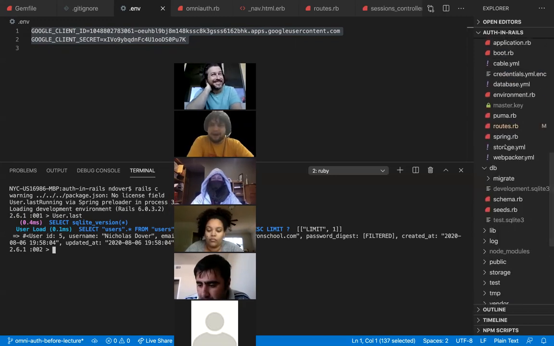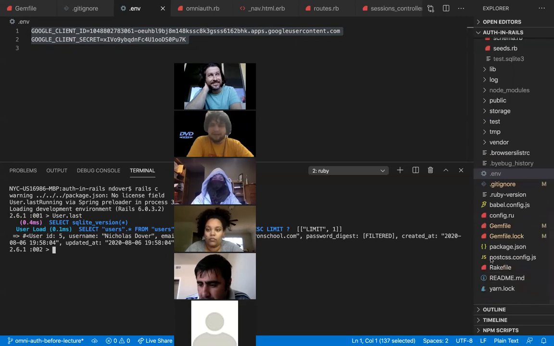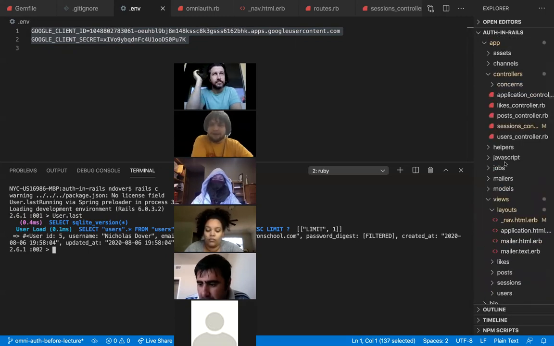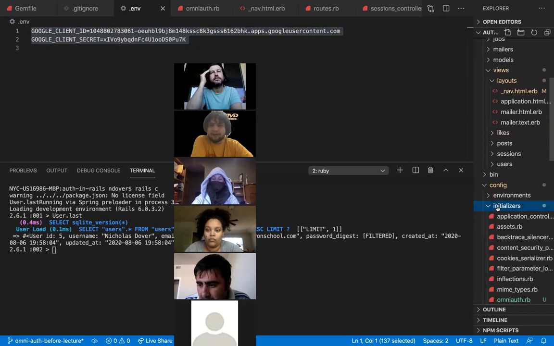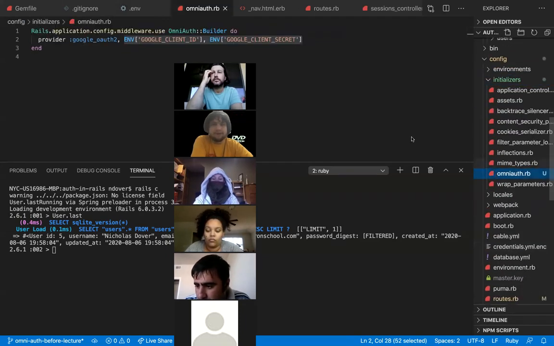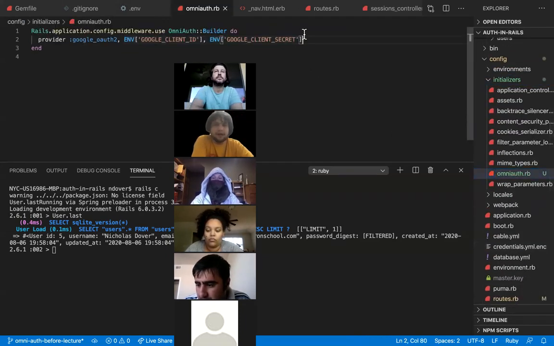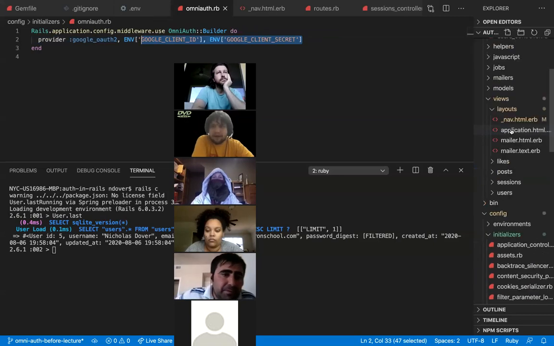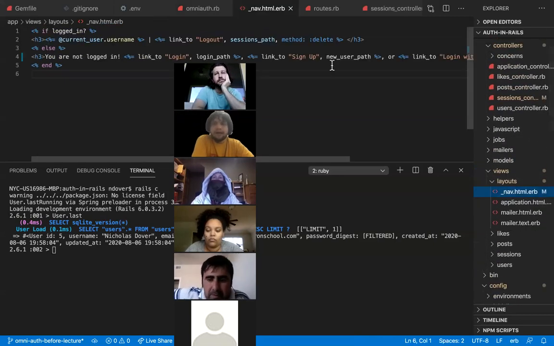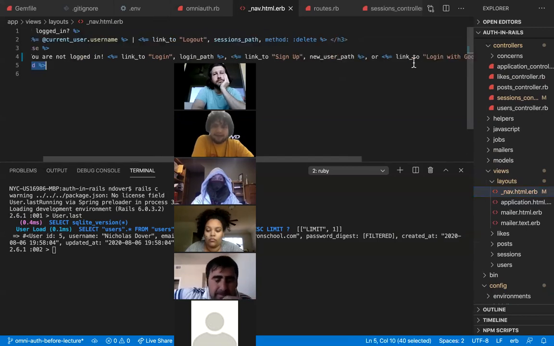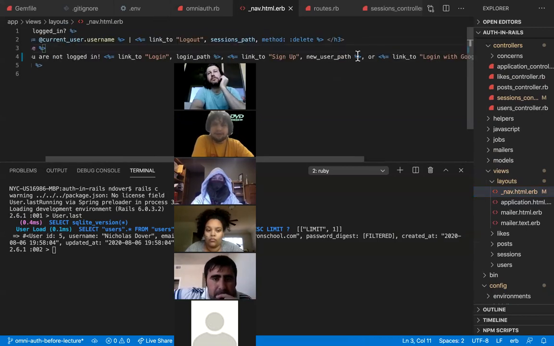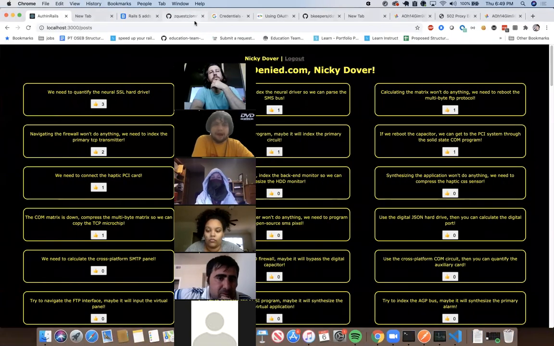So now that we have this little thing, we basically followed the instructions, which told us to go into this config, create this initializers, omniauth.rb, use our client secret right here. And then all we needed was to use this link that they gave us to send them to Google. And we've set up on Google's end